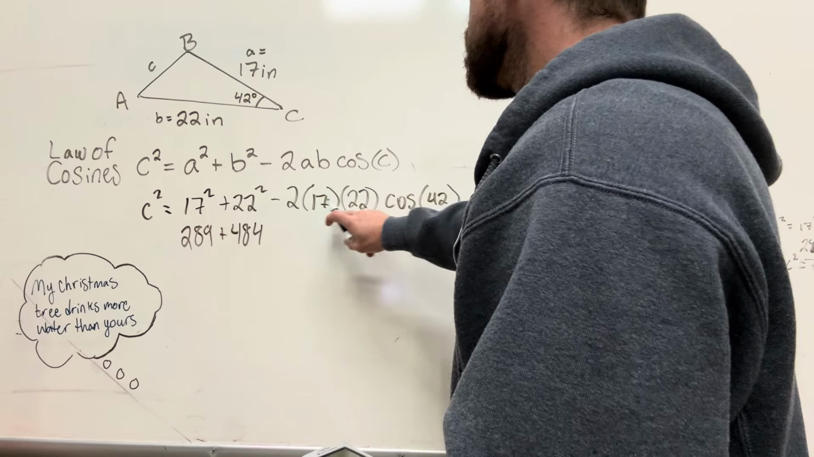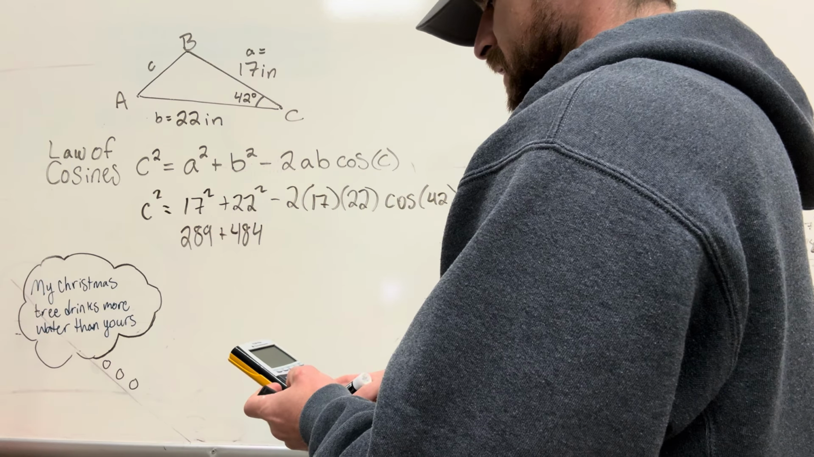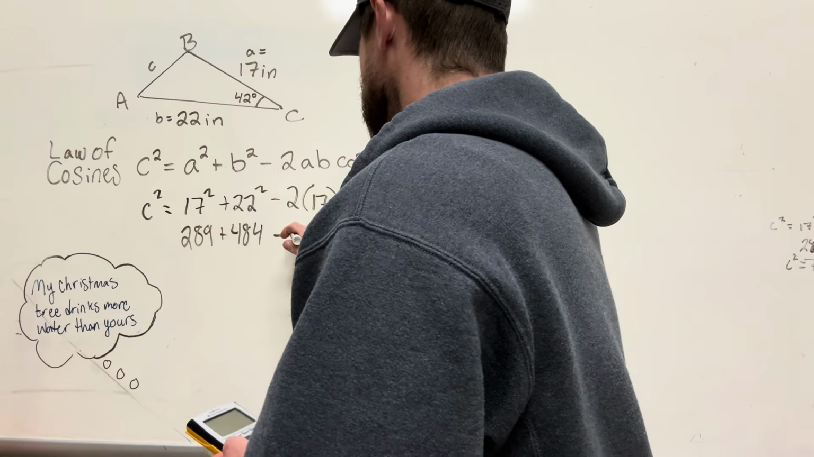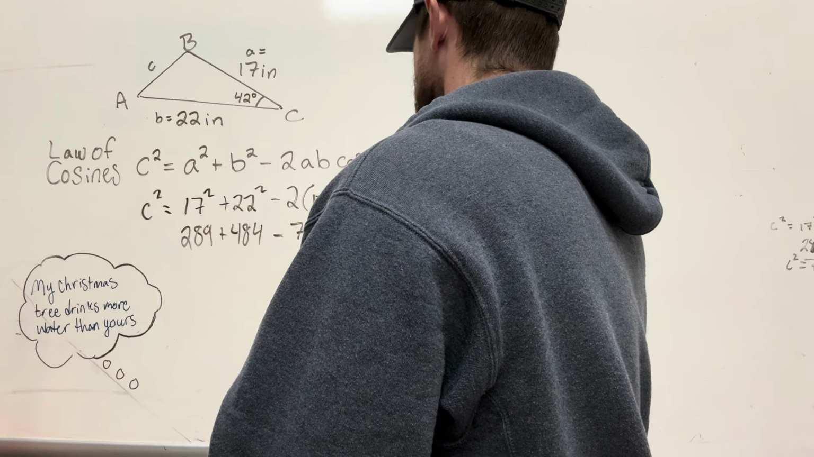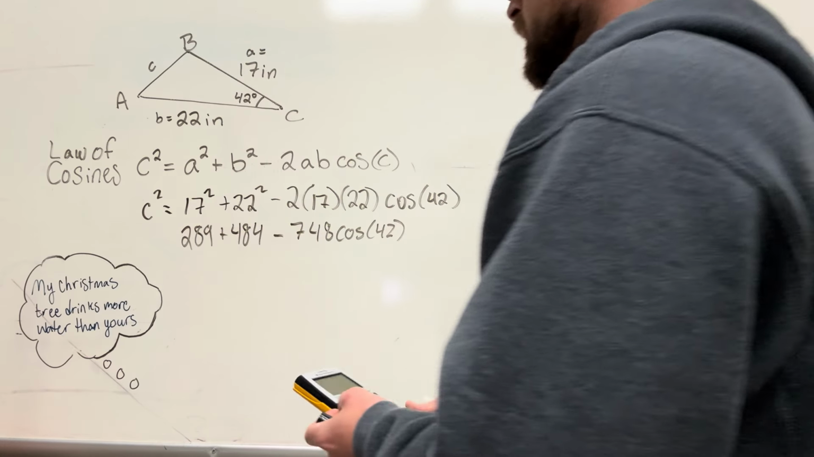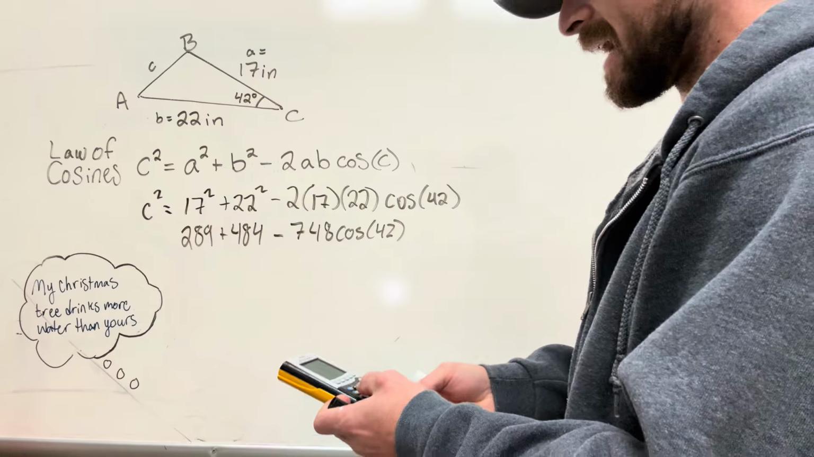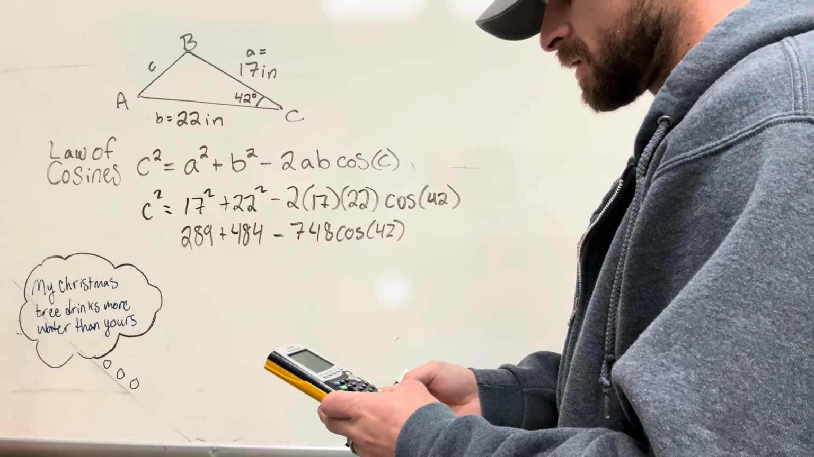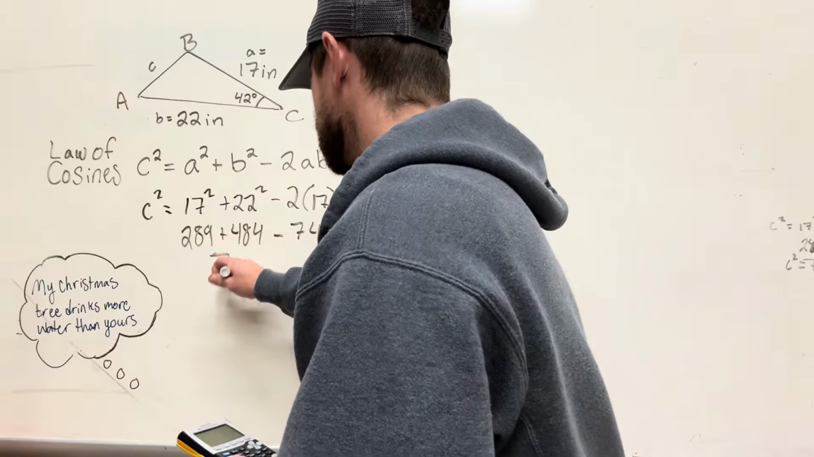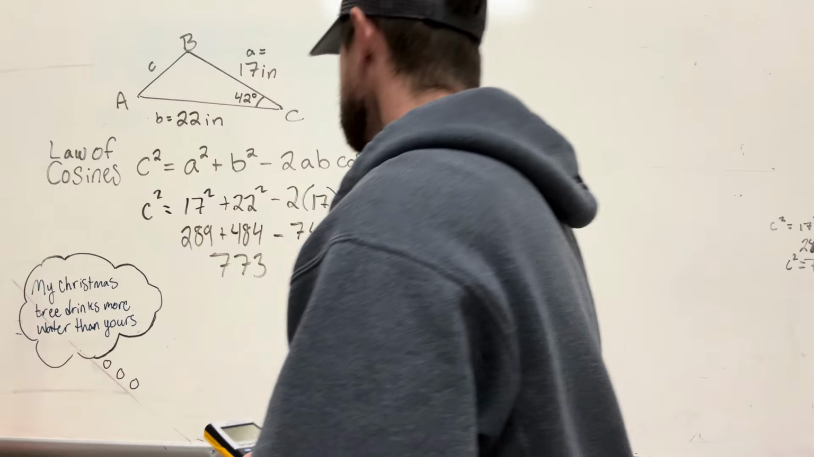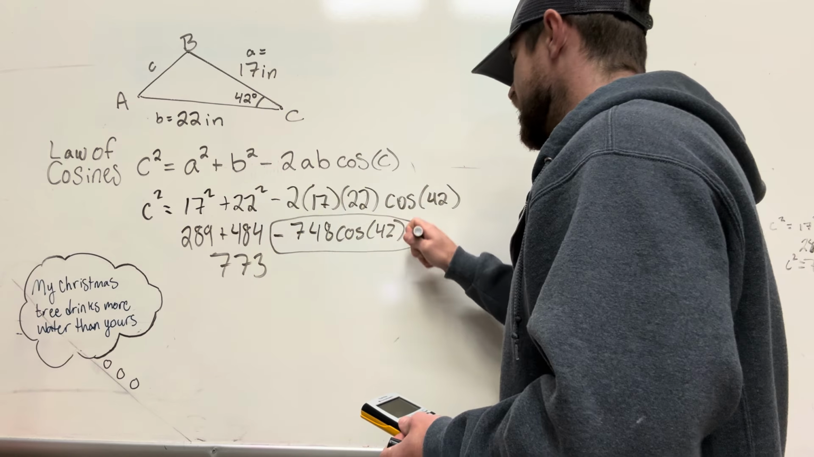Negative 2 times 17 times 22. That's going to give me negative 748 cosine 42. Okay, now once you get to this step, you're going to combine these two terms. 289 needs to add with 484. 484 plus 289. That's 773. Okay, now what you want to do is you want to take this information, plug that into your calculator,